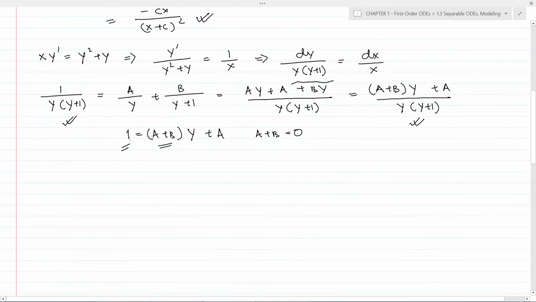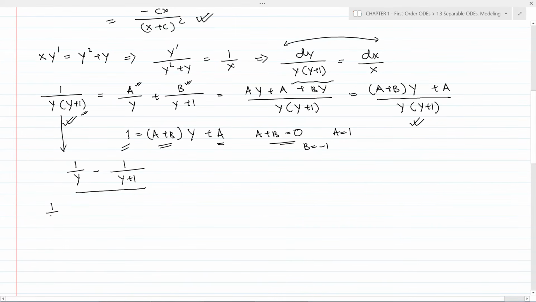and in the left hand side there is only one constant term, that is 1, so a must be equal to 1, and if a is equal to 1, from here we get b is equal to minus 1. This partial fraction we can write as 1 by y minus 1 by y plus 1, by putting a is equal to 1 and b is equal to minus 1. So we can write this term as follows: 1 by y minus 1 by y plus 1